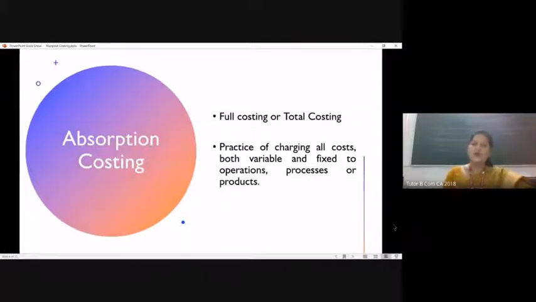Right? So the practice of charging all costs, both variable and fixed, to operations or process of products is called absorption costing. These terminologies are very important from the theoretical angle for your university exam. So please try to learn all these very clearly, because these are the simplest questions that can be asked for our university exam. So when we are talking about absorption costing, it is the other side of marginal costing. In marginal costing, we consider only the variable part while taking up the decision. But in case of absorption costing, we take both